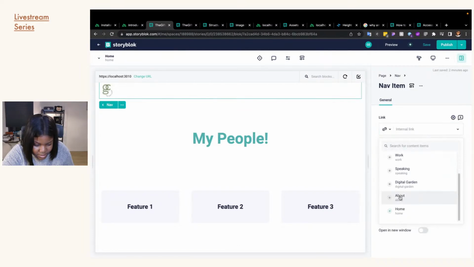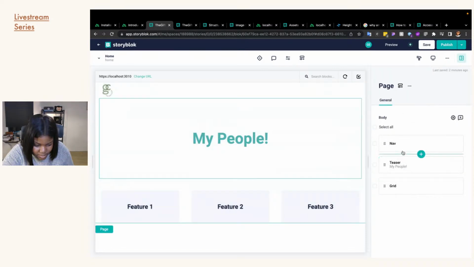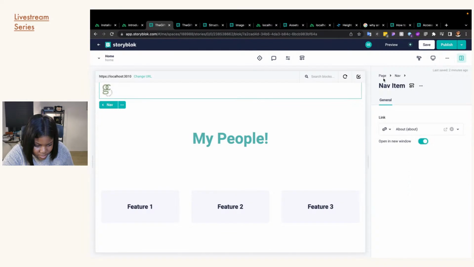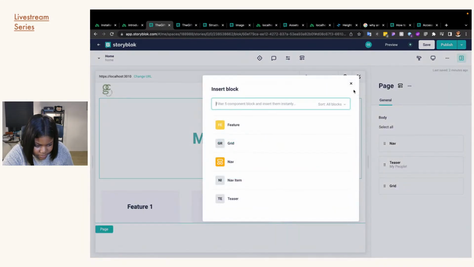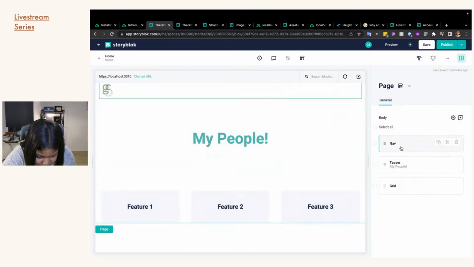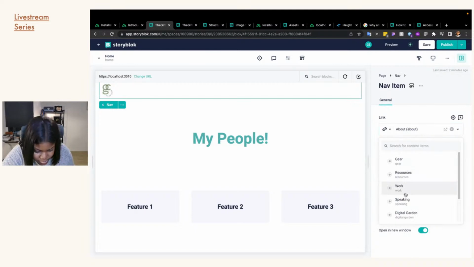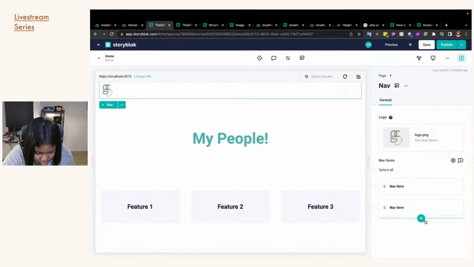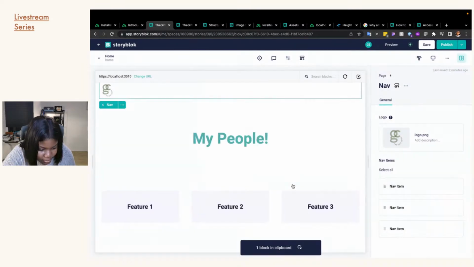So I can add this to be about, open a new link, this to be, sorry, is it confusing me? I name both of them about. So this would be the next one, which is digital garden. And then this would be, I can copy and paste it, right? Copy, paste. Doesn't work like that. Okay, this would be